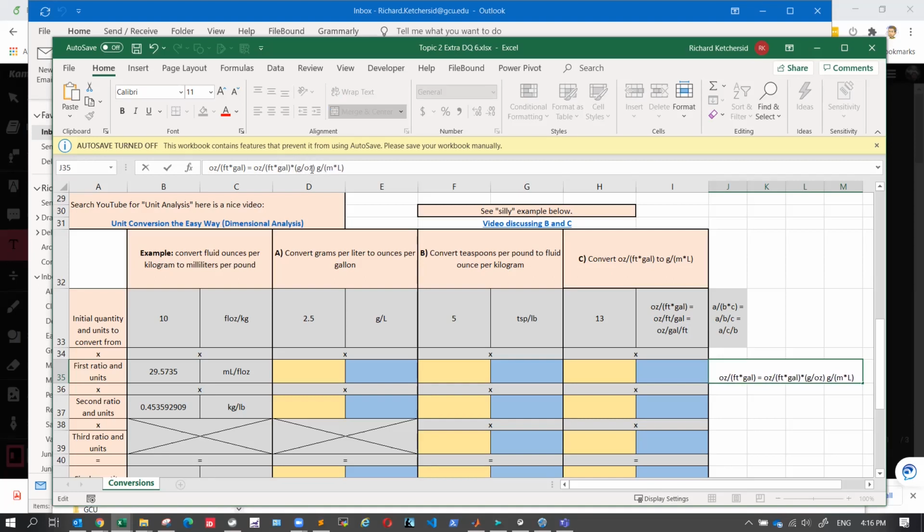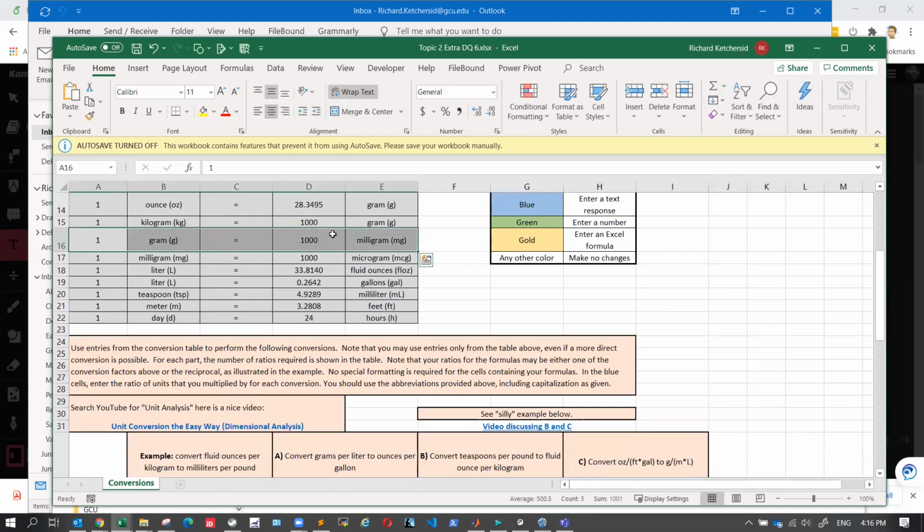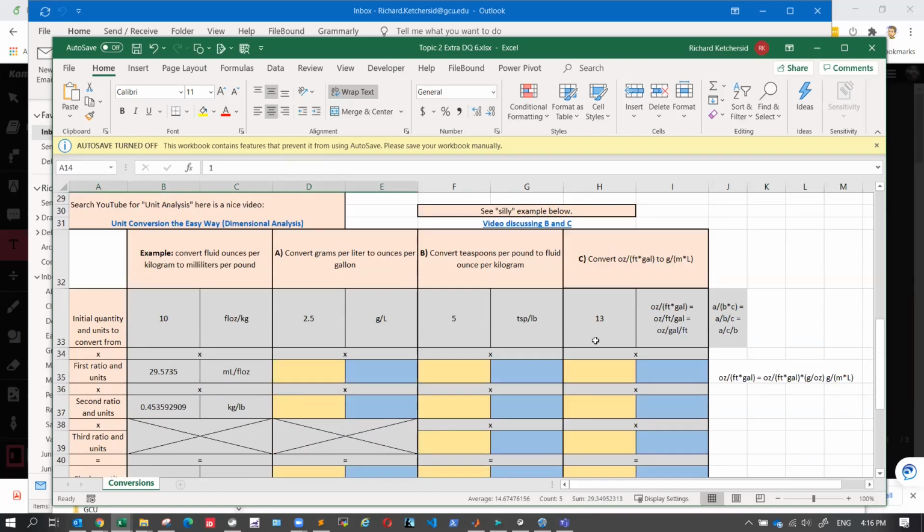And whatever conversion like this that I do, where it's just one unit over another unit, I need those units to be on the same row of a table, right? So in this case it's here. I have grams and ounces on the same row, right? So that's what I need here, okay? All right, and then when I do this,